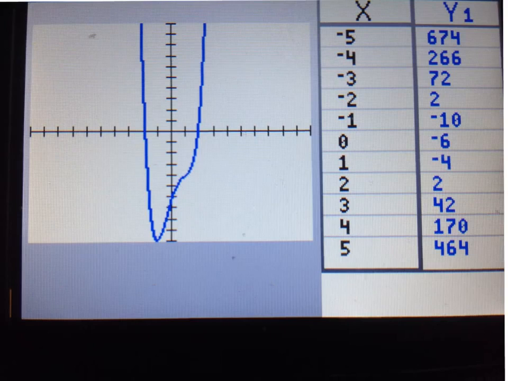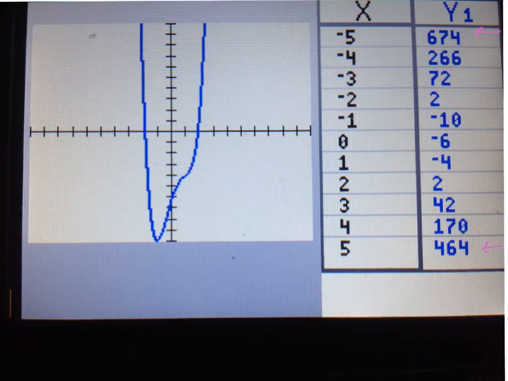So here is an acceptable answer to check your progress, number 1. By the way, if you choose mode and go to graph table mode, you can get both the table and the graph on your calculator at the same time, which is kind of cool. And you can see that down at 5, we're way up at 464. At -5, we're way up at